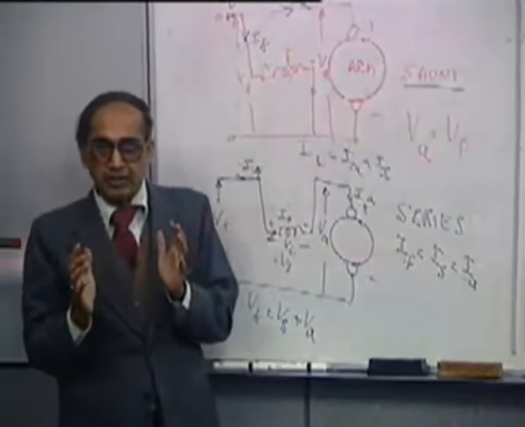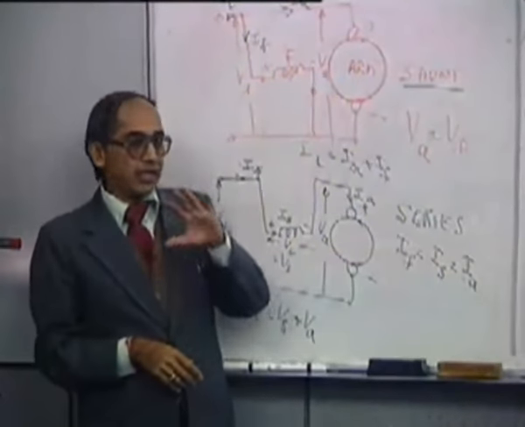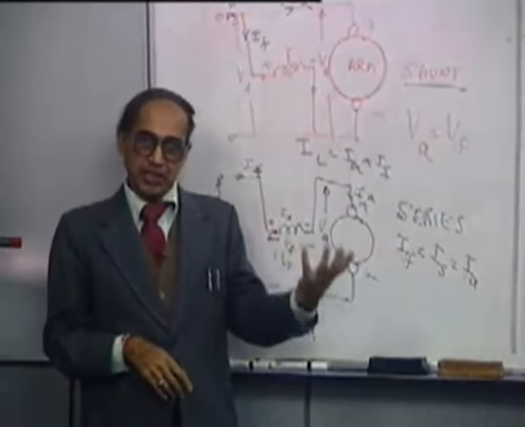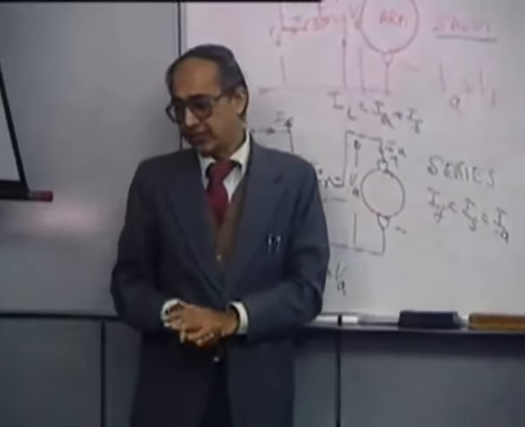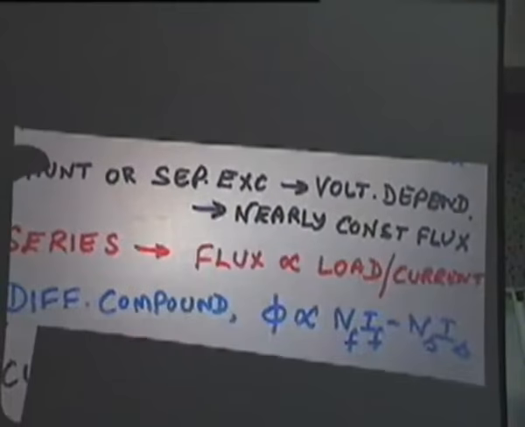So we have seen in summary that we have one separate excitation and self excitation. In the self excitation there are two types, one is the shunt excitation, another is series excitation. Okay. So that is summarized in this transparency here. So we have shunt or separate excitation. What we notice here is the voltage is constant. So that means it is nearly a constant flux system. A shunt machine, you can say, is nearly a constant flux system, whereas in the case of series,